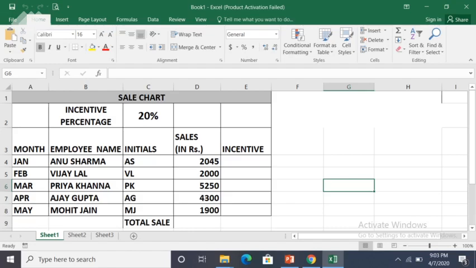Now, here, what do we call this? Jan, Anu Sharma, AS, and 2045. This is the record for the month of January, whereas month, employee number, initial, they are field names or fields. So you can say that field is a column within a database like month, Jan, Feb, March, April, whereas a record is a row in a database like Jan Anu Sharma AS 2045. That is the record for the month of Jan. As it is highlighted here, the record for the month of May.